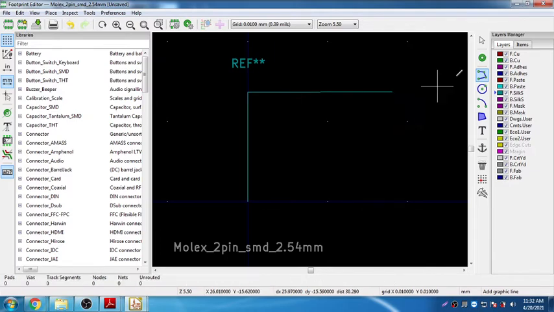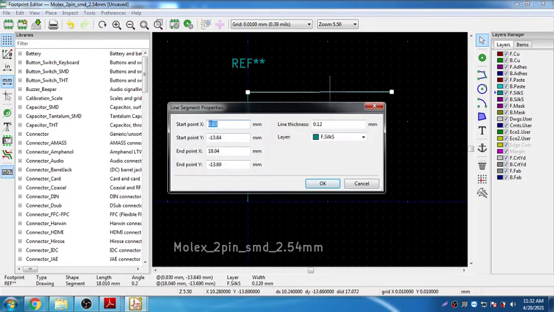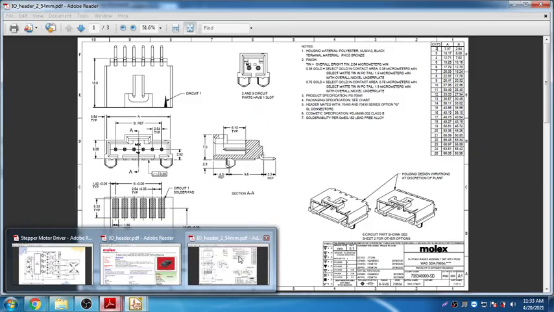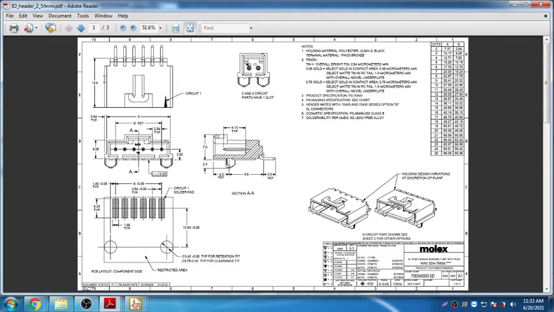Randomly draw this line, press escape, click on this and press edit. From the start point, x is 0 and y is 13.6. The end point of x is 7.36, and the end point of y is 13.64. This is the same dimension that we are supposed to see here: this is 0, this is minus 13.6.